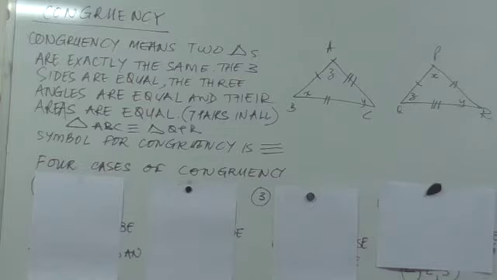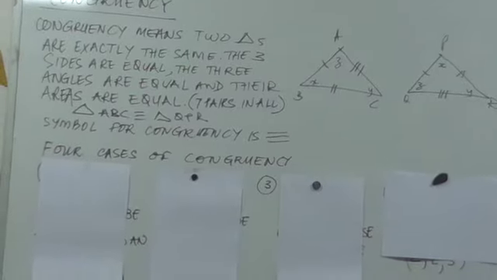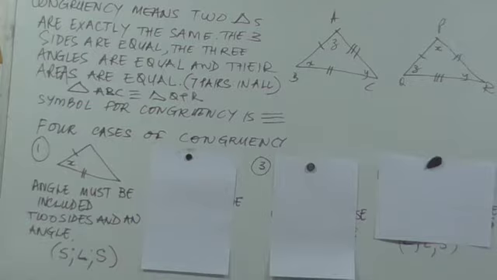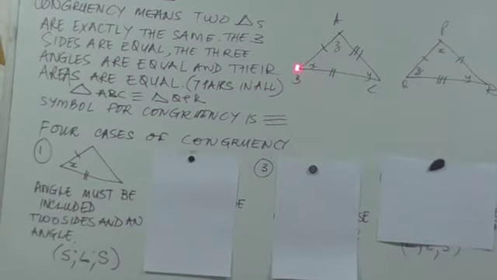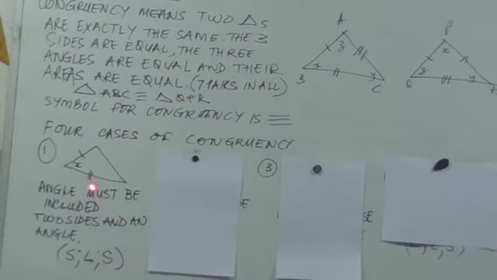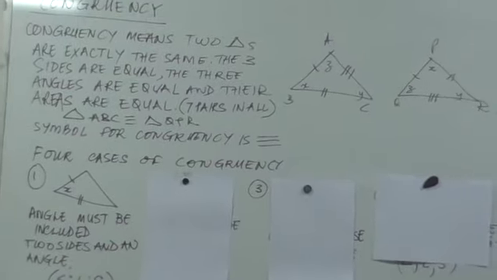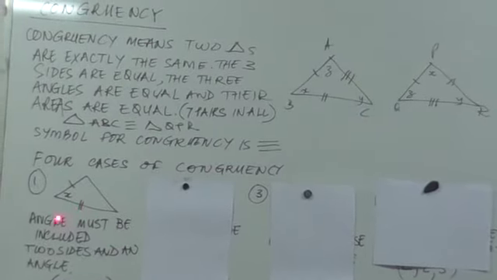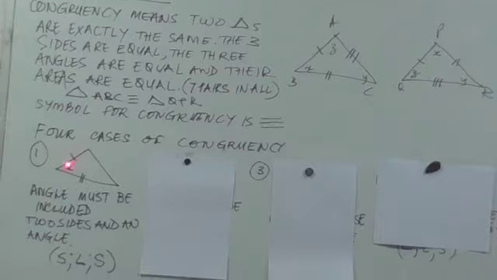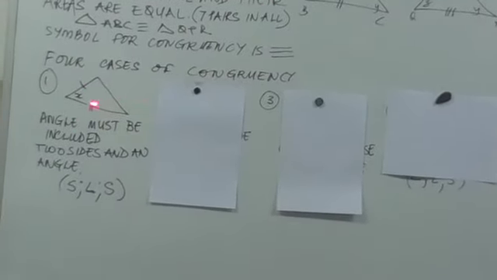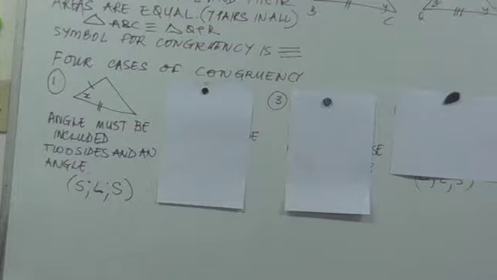Now, there are 4 cases of congruency that you have to study. So let us look at the 4 cases. Here is the first case. What's going to happen in geometry is that you'll always be given 2 triangles. I've just drawn one to show you. The first case is called side, angle, side. In other words, what we're saying is, if you give me 2 triangles,